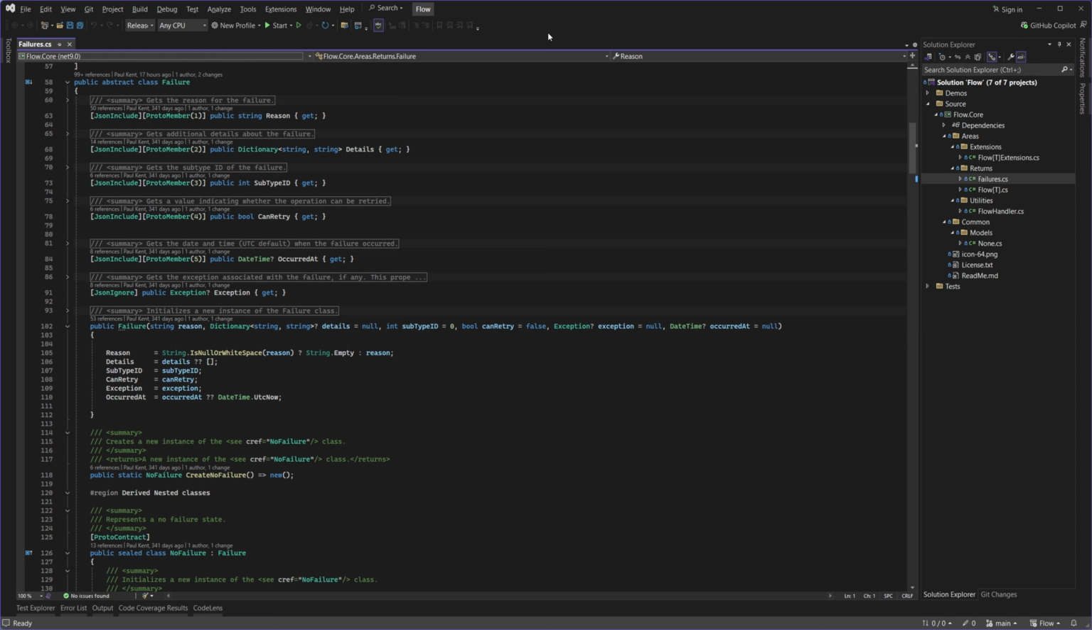One important note, if you include an exception when constructing a failure, be aware that exceptions won't be serialized when using JSON or gRPC. That's by design. Flow intentionally discourages serializing exception objects. Flow includes a variety of predefined failure types, all marked with attributes to work seamlessly with system.text.json and code-first gRPC. The subtype ID property is useful if you want to subcategorize failures beyond the built-in types,